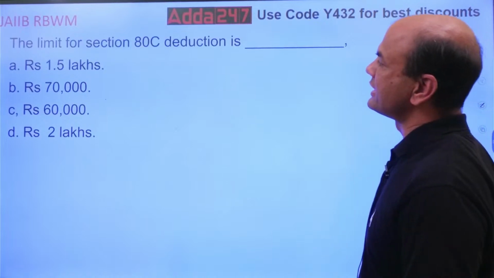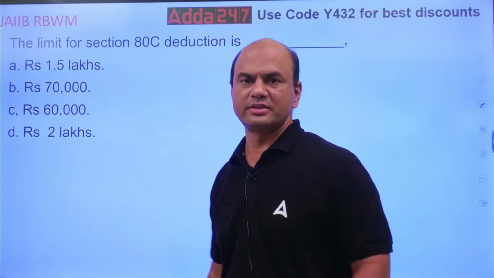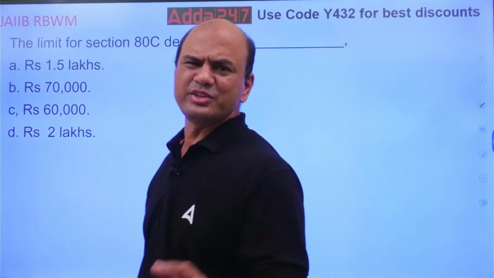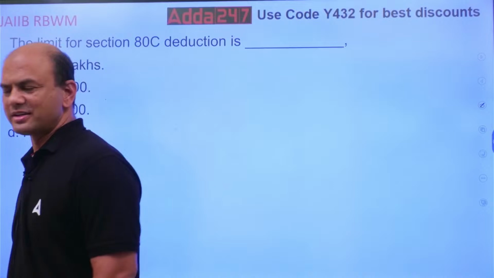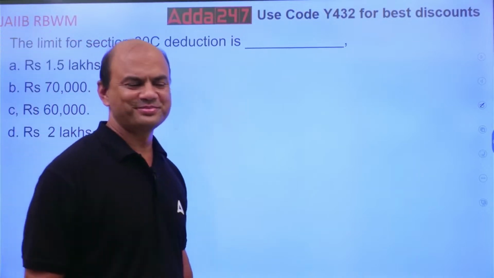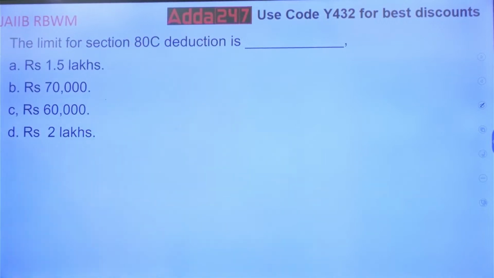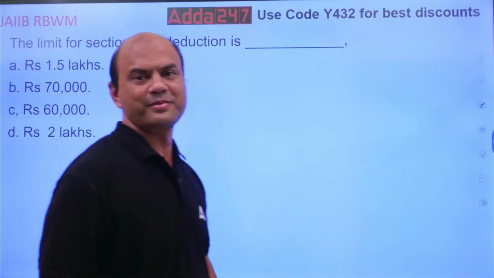The limit of 80C deduction is 1.5 lakh, 70,000, 60,000, 2 lakhs. You might be knowing this by now, isn't it? So 80C, what is the limit? Let me see the comment section. What is the limit? The answer is